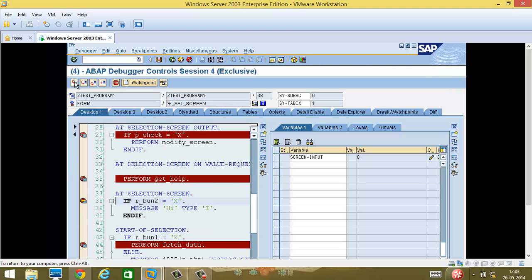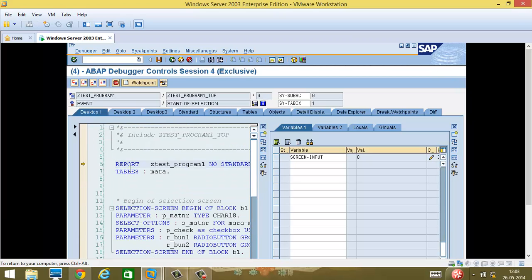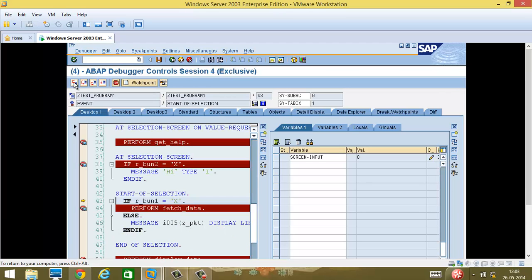Now it will go and trigger the report statement. Basically, before start of selection, it will go to the report. So you can see